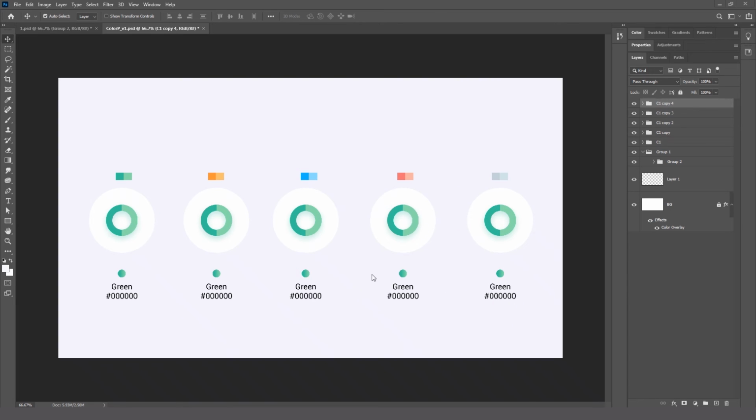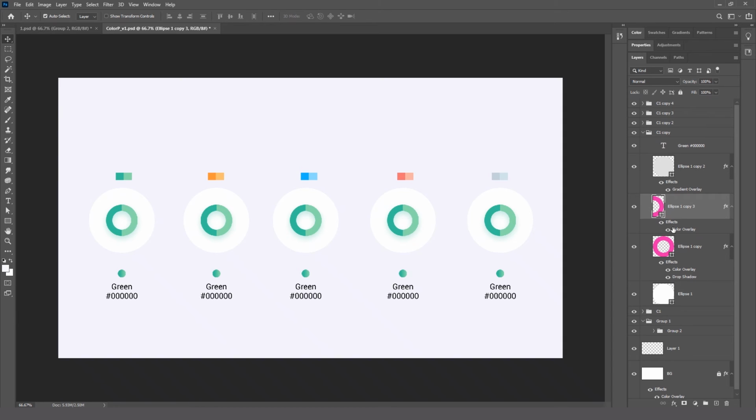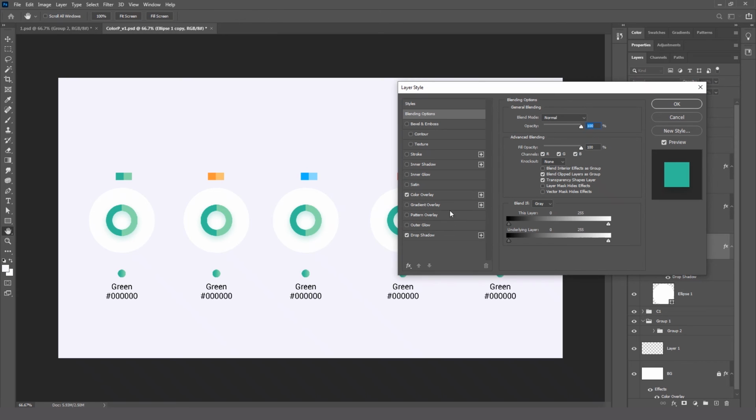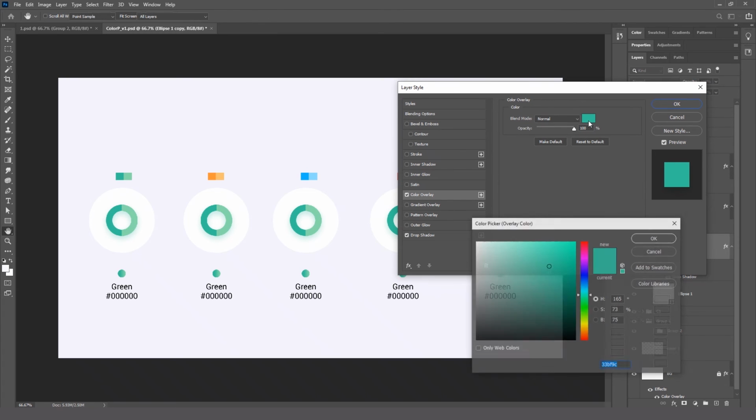Now we just want to take the respective color for each. So what we will do, we will go over here and change the color overlay for this and the color overlay for the circle below. So just double click on this, and we also need to change our drop shadow to the respective color.